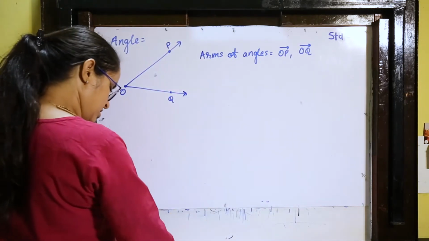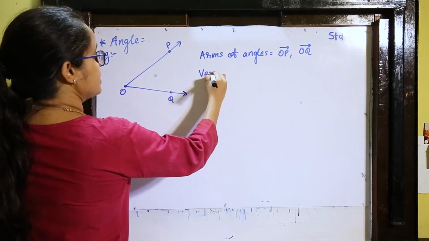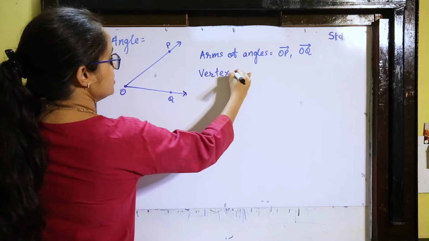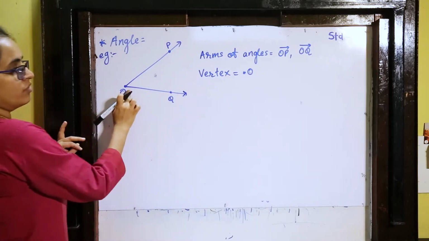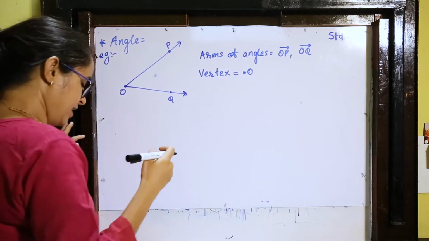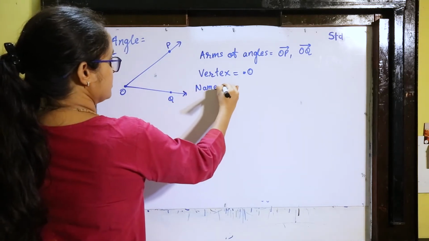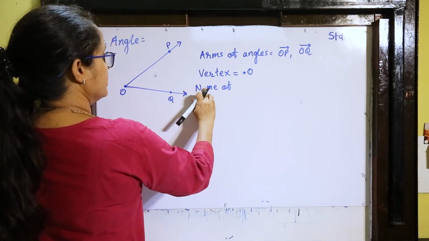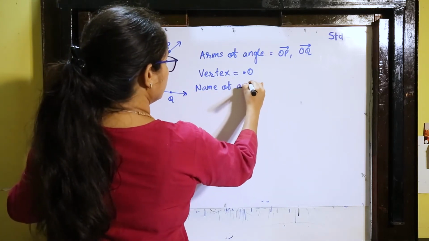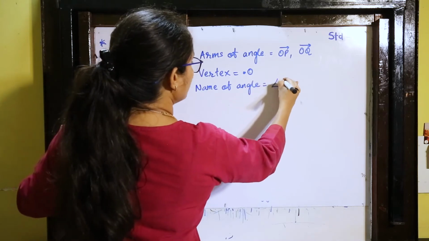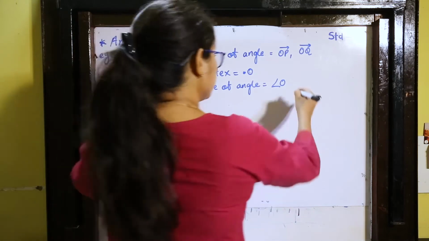Then vertex. Now it has only one vertex, which is point O. Point O is called the vertex. And the name of this angle can be given like this: name of the angle is equal to either you can say angle